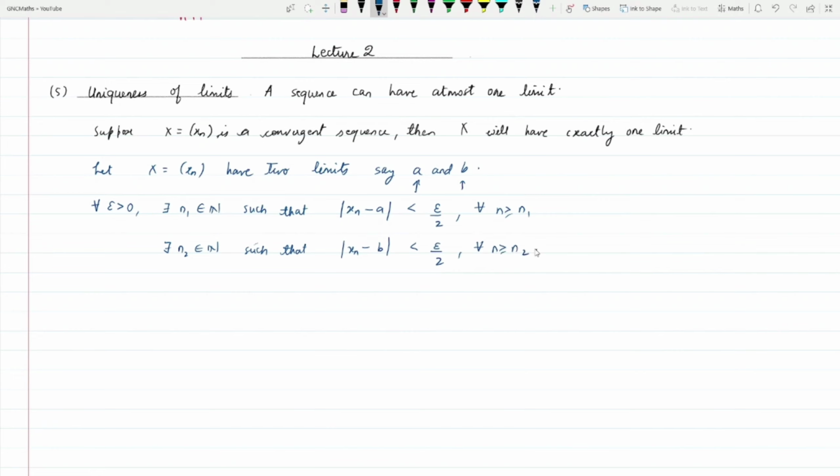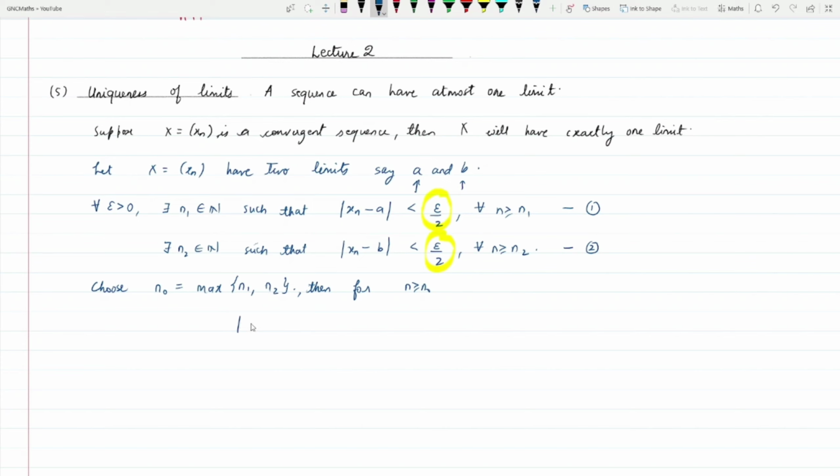Now you might be wondering why we have taken epsilon by 2 instead of epsilon. We will understand that in due course of time. It is a kind of an adjustment factor which we have kept instead of taking epsilon, for the convenience to prove the result. Let me choose a natural number n0. We choose n0, which is going to be taken as the maximum of n1 as well as n2. Then for n greater than or equal to n0, we can get into action the inequalities from equation 1 and equation 2,